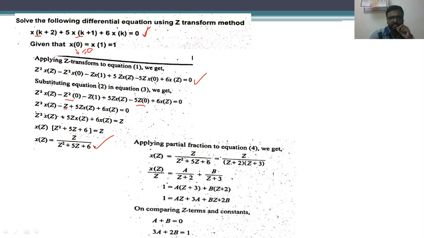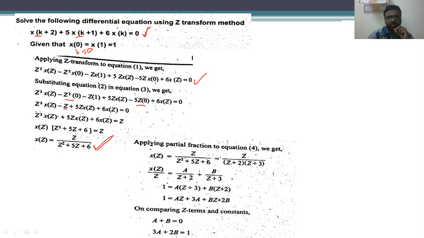Okay, so this is the z transfer function we are going to get. In some of the problems, they may ask us to calculate the pulse transfer function. The z transfer function is sometimes called the pulse transfer function. Okay. Make sure about that. In some cases, they may ask us to calculate the z transfer function or the pulse transfer function.